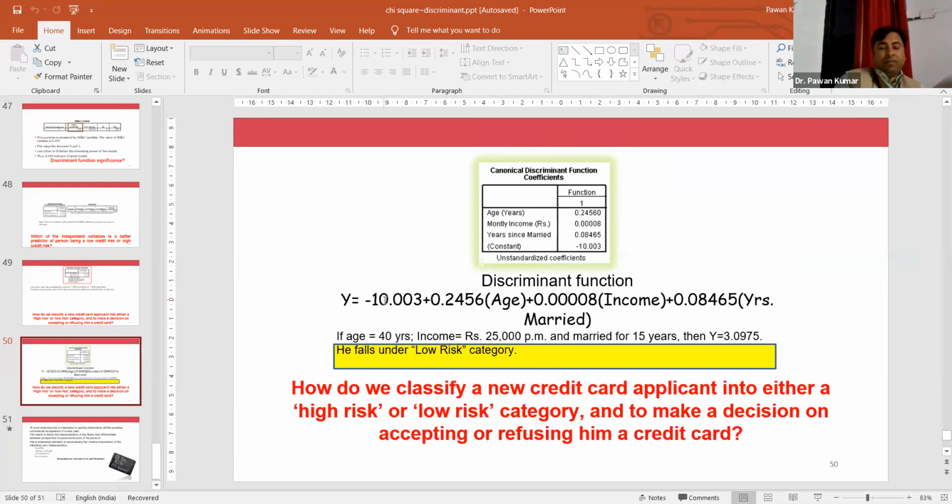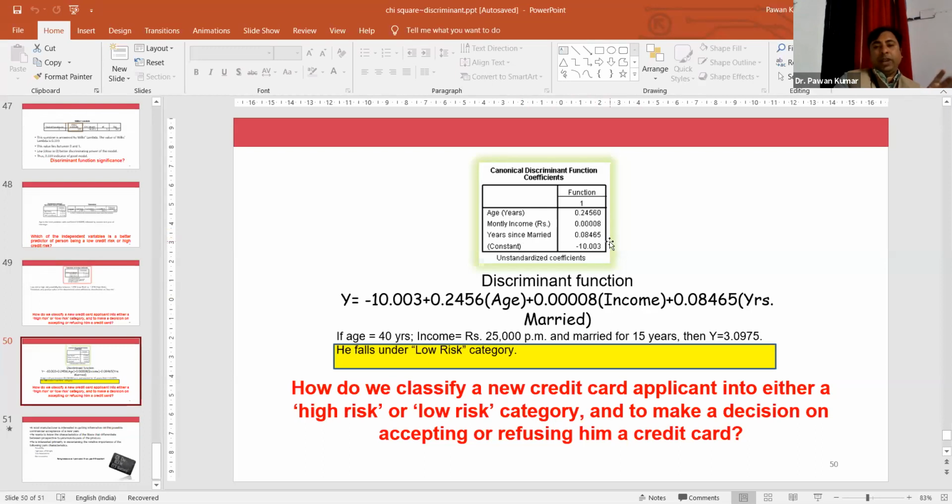What is this alpha? This is the constant, like y is equal to a plus bx, a linear equation. Similarly, the discriminant function is written as y equals constant plus the coefficient times the independent variable age, plus another coefficient, 0.008 times monthly income,